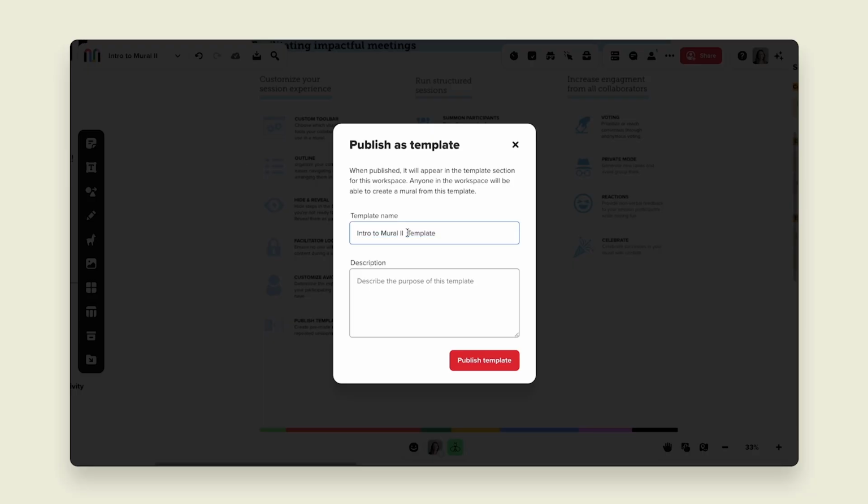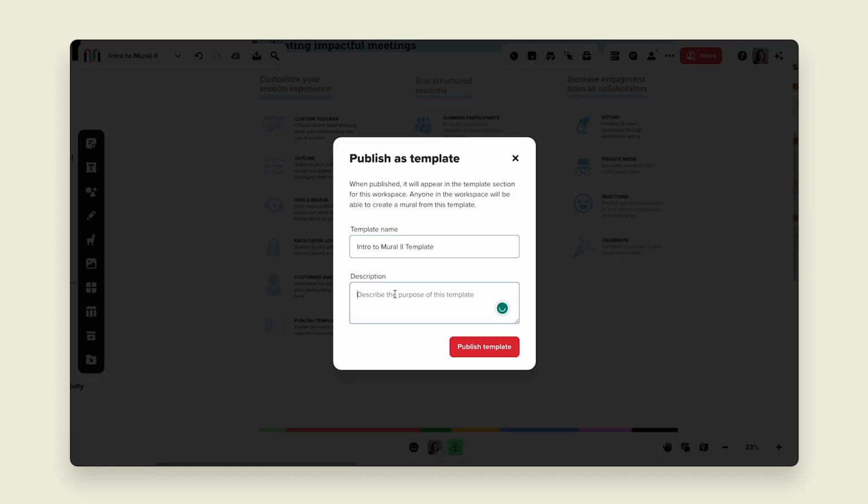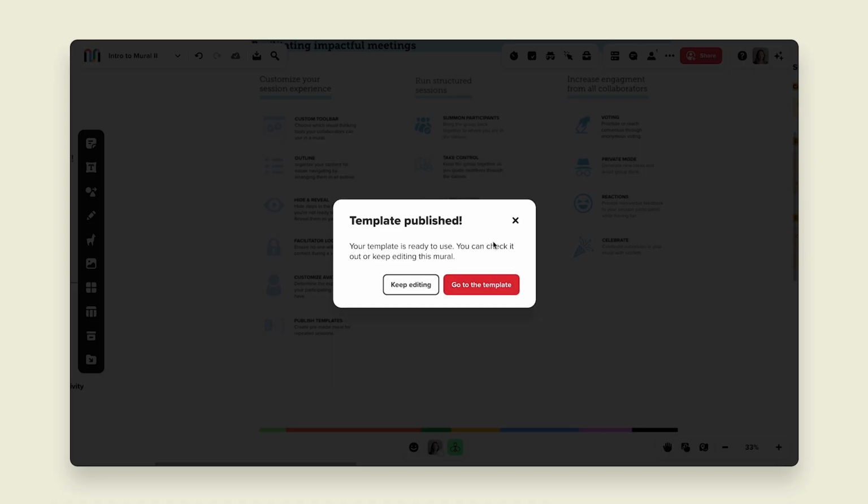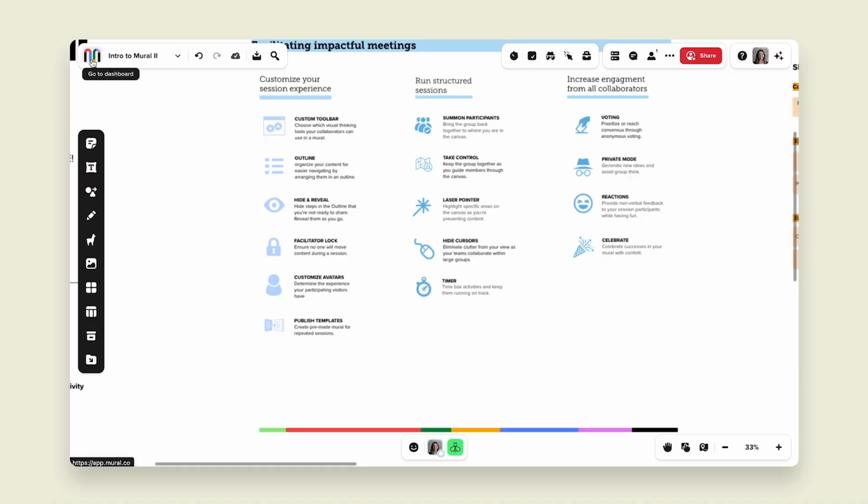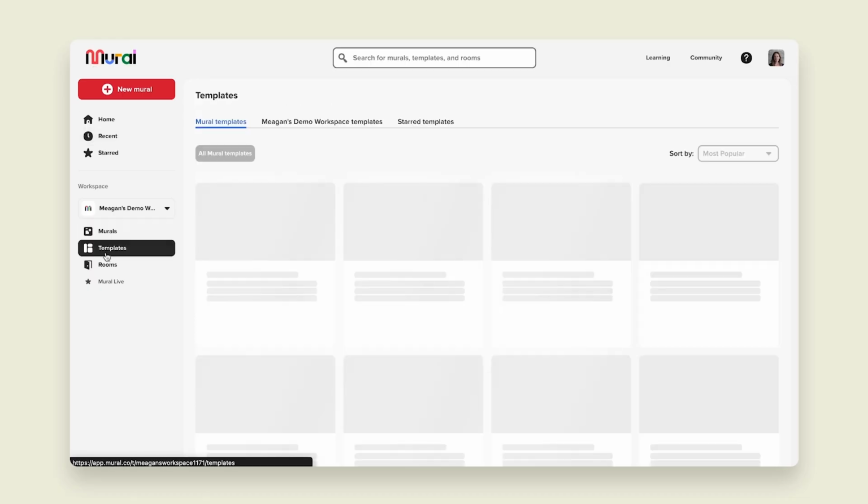So I'm gonna go ahead and publish this. I'm gonna call it the Intro to Mural 2 template. I'm gonna describe it as we do the facilitation features, publish template, and then I'm gonna show you where this lives. So I'm gonna go ahead and go back to my dashboard, and then in our templates tab, I'm able